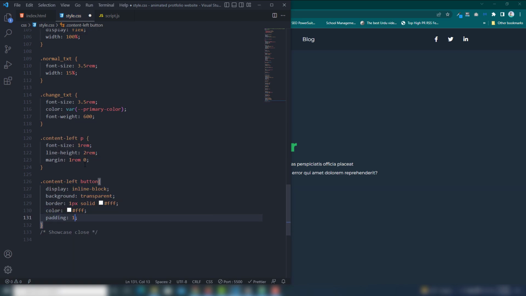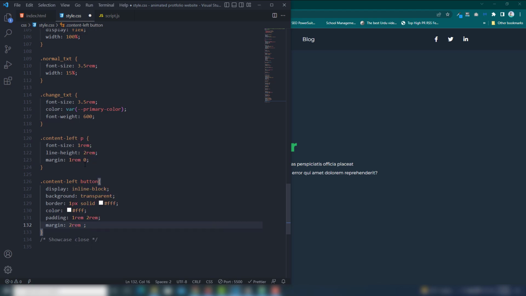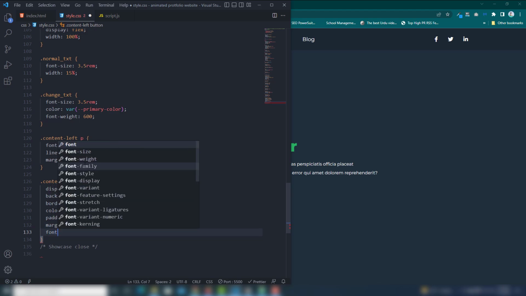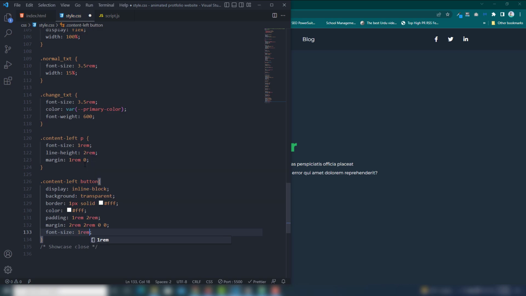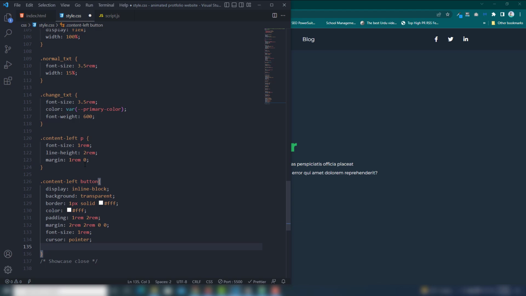Padding top and bottom 1 rem, left and right 2 rem. Also I'm going to add the margin 2 rem 0 0. Right, font size I'm going to change to 1 rem, cursor pointer, and border radius will be 2 pixels.